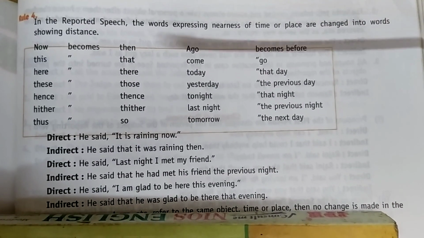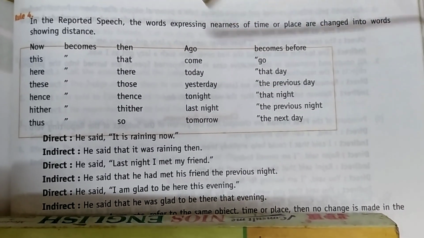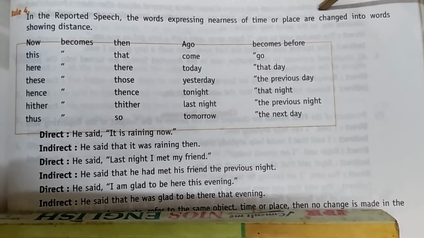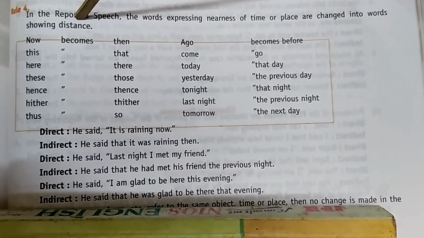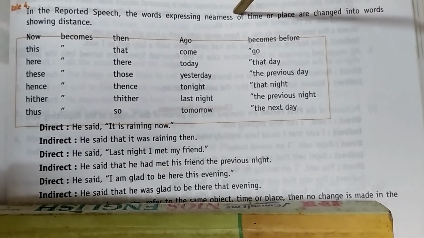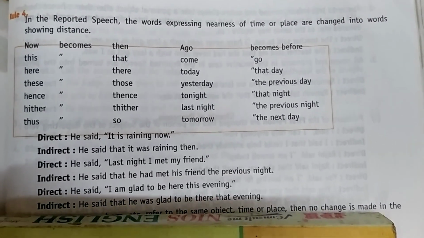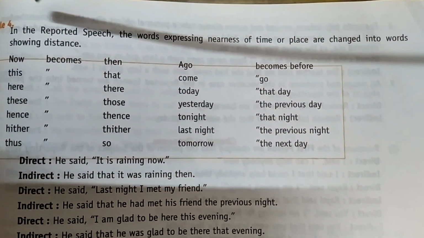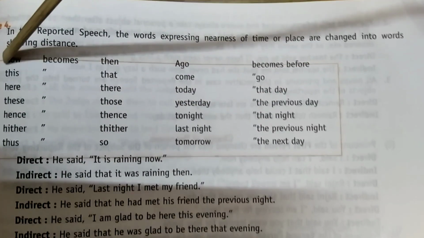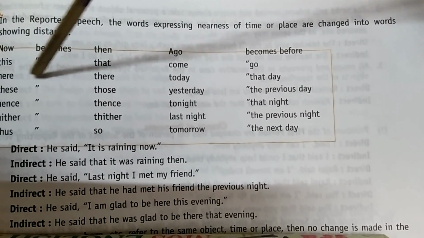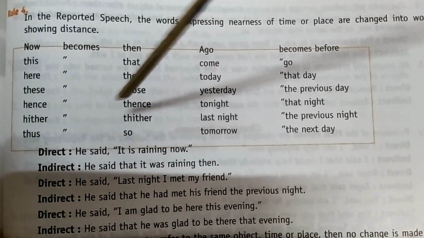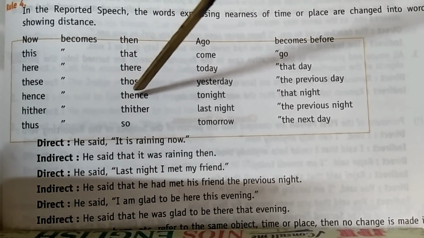Okay, so in the reported speech, the words expressing nearness of time or place are changed into words showing distance. Something which is near will show more distance in indirect speech. Let's see how. Now becomes then, ago becomes before, this becomes that, here becomes there, these becomes those, hence becomes thence,